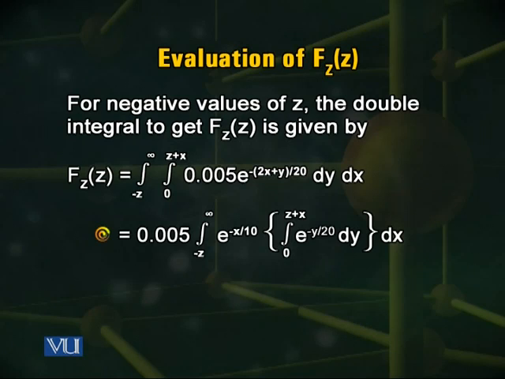Once again, due to independence of the two random variables x and y, you can separate the joint PDF and the integration can be easily computed, and it comes out to be 1 over 3 e raised to power plus z over 10. There is a difference. Now, for negative values of z, the CDF has expression 1 over 3 e raised to power plus z over 10. When this parameter z has a positive value or y-intercept is for a positive number, then the region of